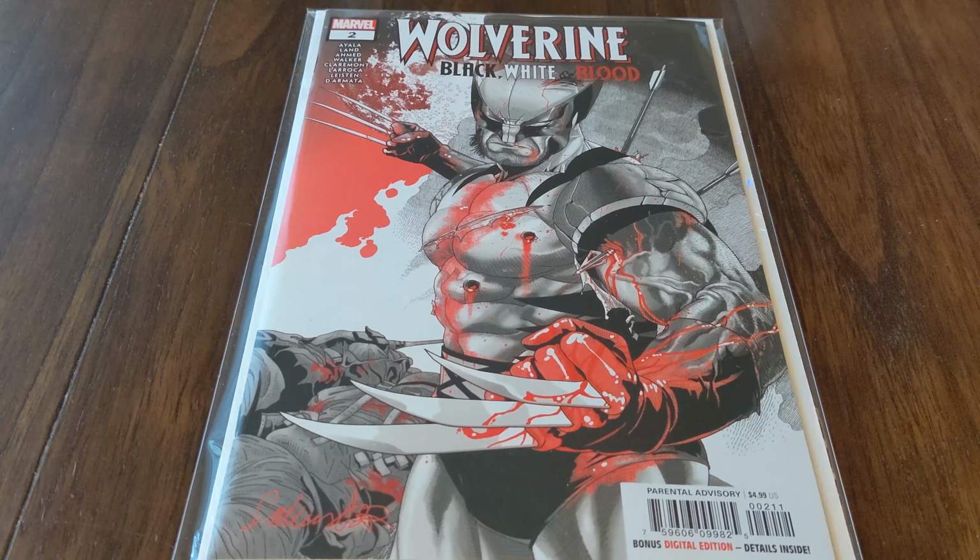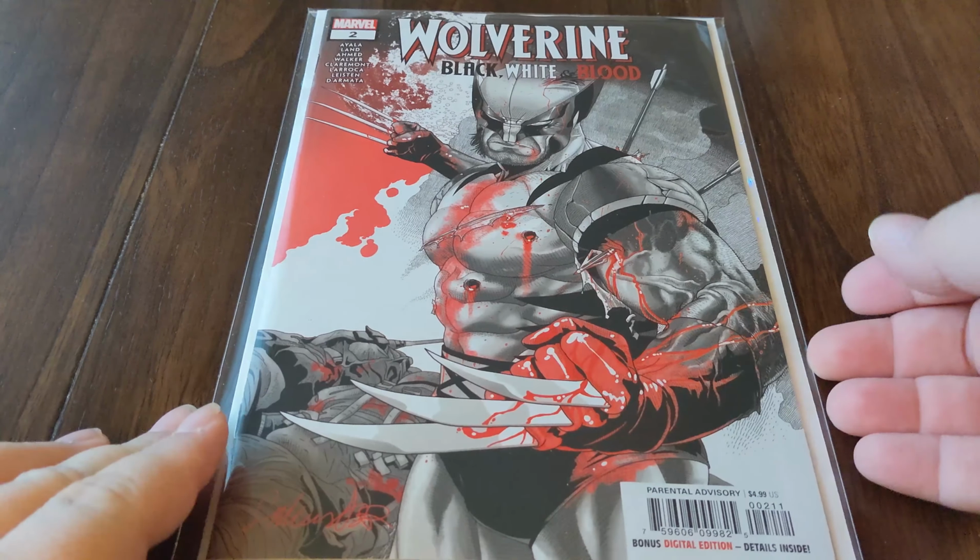This is Wolverine Black, White, and Blood #2, which is a series I'll probably just be picking up because I love the covers, for one thing. Black, White, and Red are always cool. They did those Harley Quinn Black, White, and Red comics that have cool covers too. I think those are only digital though. I could be wrong. And then obviously Batman Black and White, so it's not exactly a new concept, but